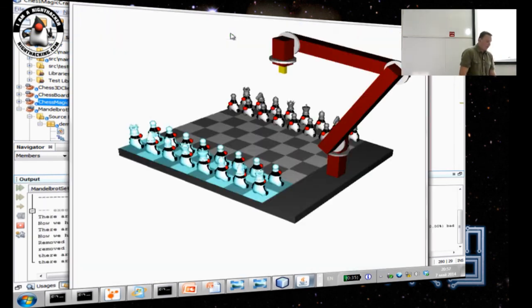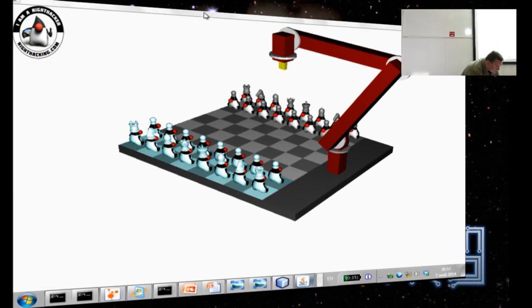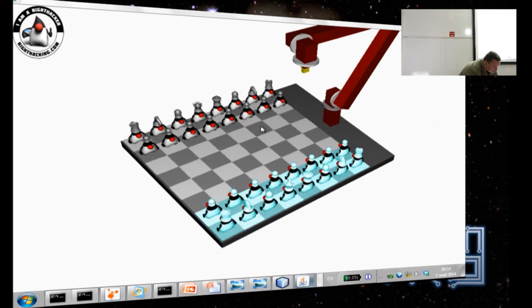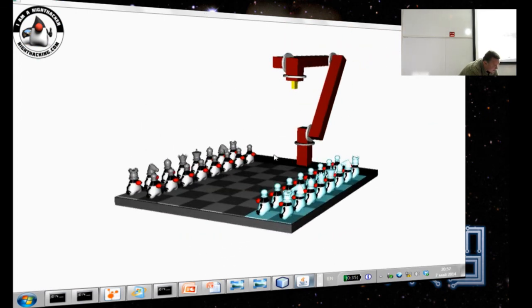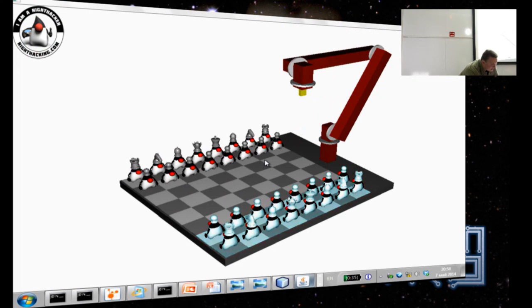So I found it very useful to use JavaFX to quickly design your robotics ideas, because you can parent all your objects so that when you, for example, rotate this node, the whole thing is rotated.